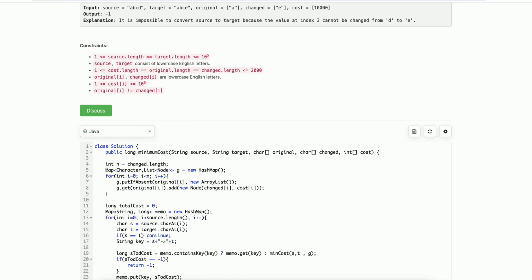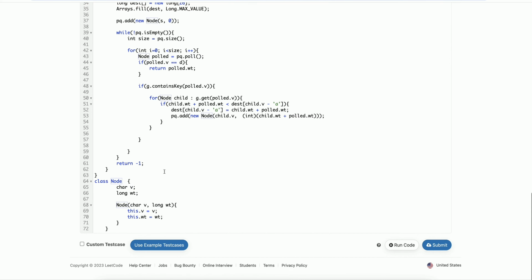So for that I am just creating a map of character, because the node will be a character, and it's one vertex. One character can be changed to multiple characters, hence we are having a list, and each character has an associated cost for changing to another character. That is why I am creating one node class.